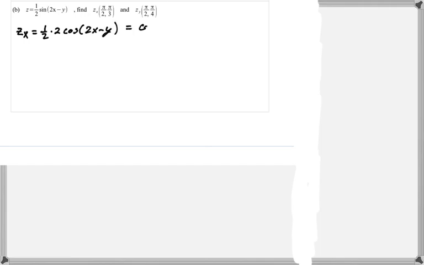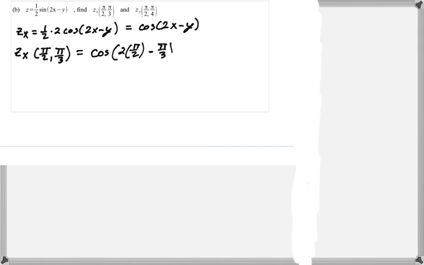Okay, and so our partial derivative with respect to x is going to be cosine of 2x minus y. And then we'll evaluate that at pi over 2 comma pi over 3. So that's going to be the cosine of 2 times pi over 2 minus pi over 3. So it's going to be cosine of pi minus pi over 3, which would be the cosine of 2 pi over 3. And cosine of 2 pi over 3 is going to be negative 1/2. And so that is going to be the slope of a